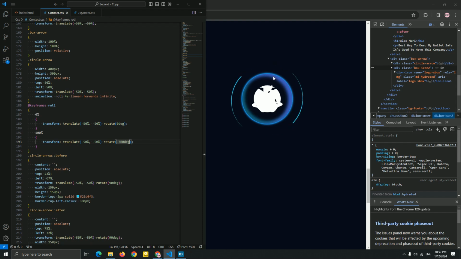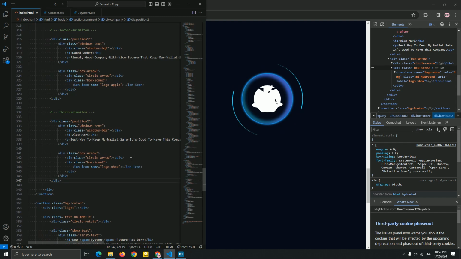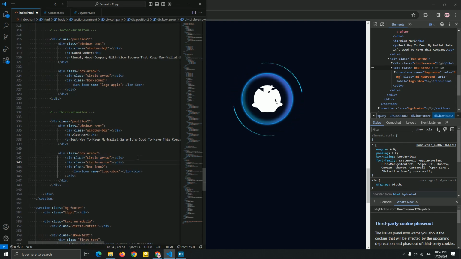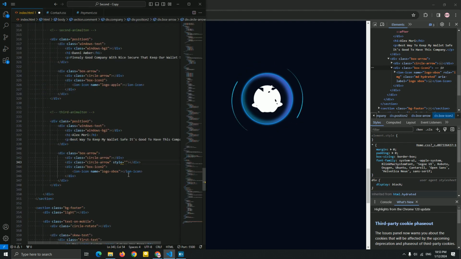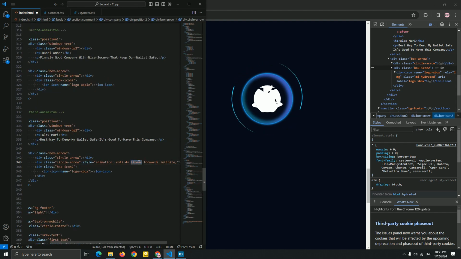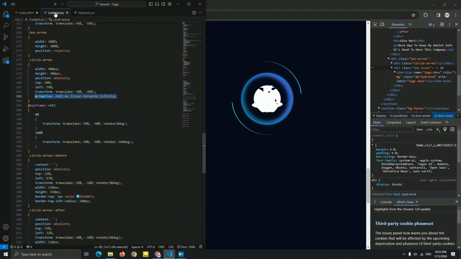Yep. Let's create the next circle, next arrow as we name it. So I'm just gonna copy this, very simple, paste it here. Now just add a style to copy this first animation, and instead of forwards I'm gonna add reverse here.